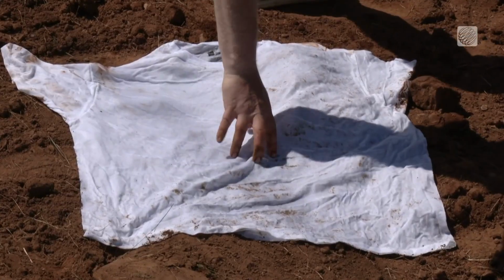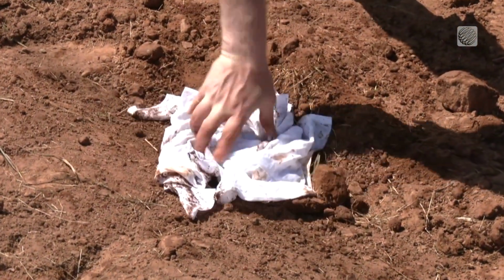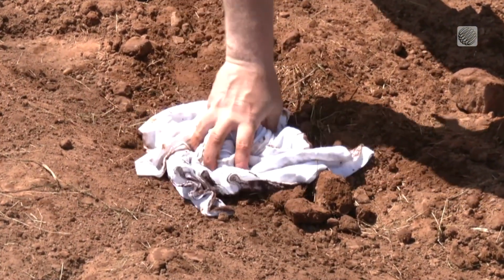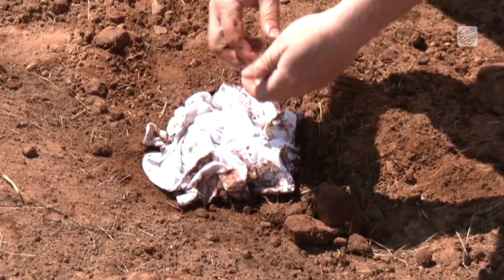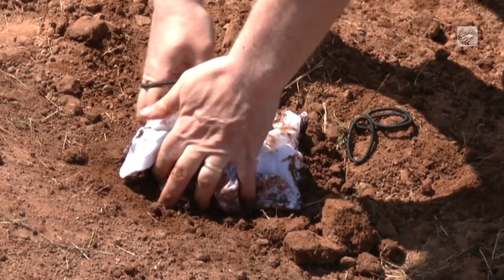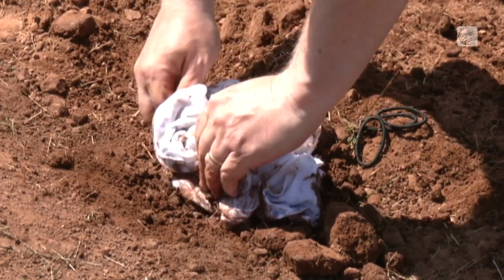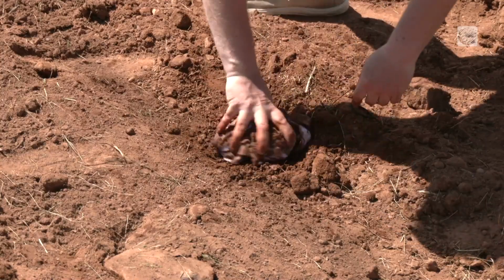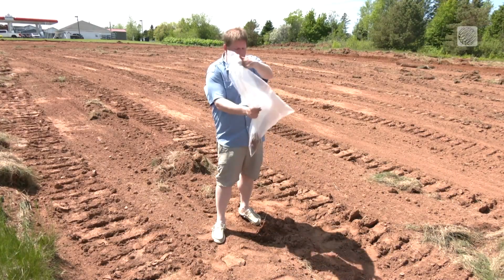Now what you do is start from the center and start twisting clockwise. There you go. That'll pick up some of the dirt in the shirt until you got it into a nice ball. Then you have 3 elastics. So take some hair elastics like so, wrap it around, turn it upside down. Oh, that is dirty. Don't want to get the car dirty, so I'm going to put it in this clear